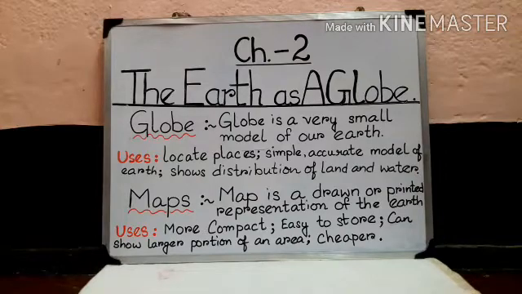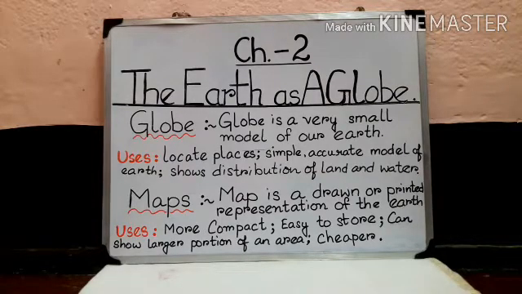Okay. So children, now we can proceed with the chapter. So you can now take out your class 3 SST book, chapter 2, page 11, the earth as a globe. It is a geography chapter and please children follow, okay, as I read through the chapter and explain to you all. So we are starting with the chapter, the earth as a globe, page 11, chapter 2.